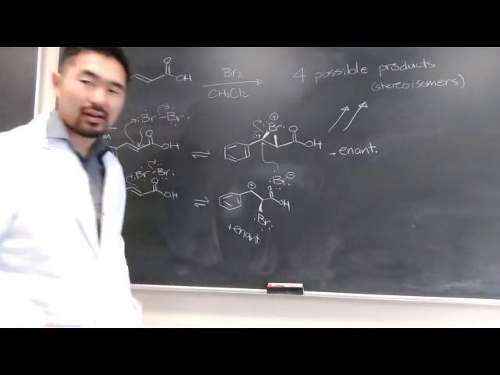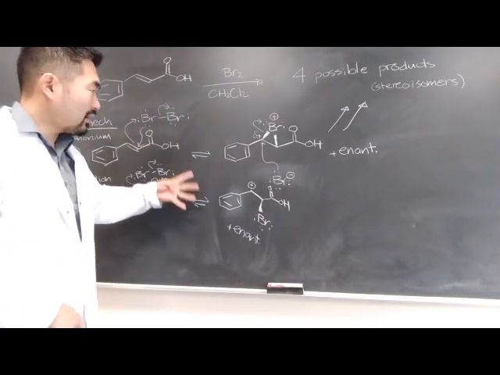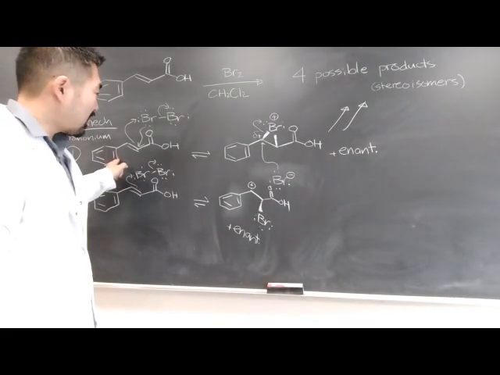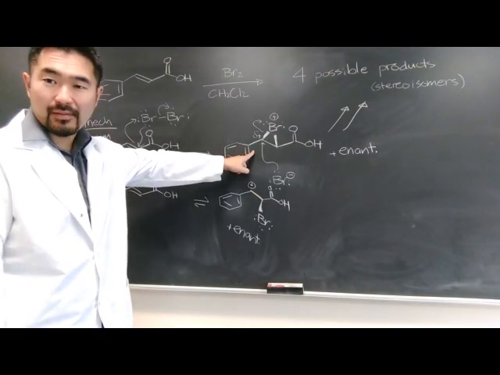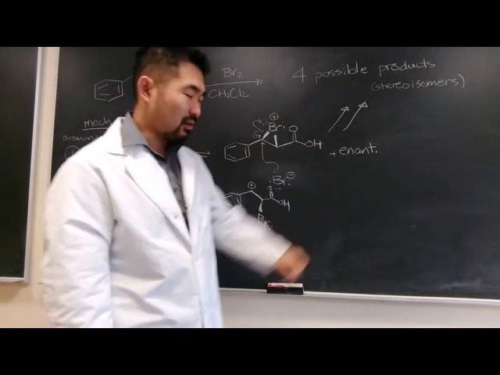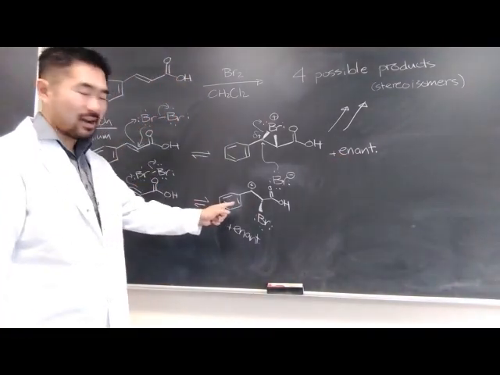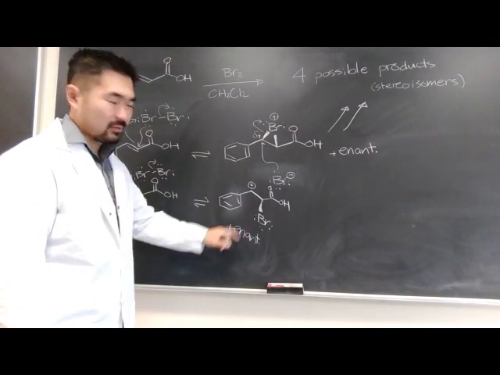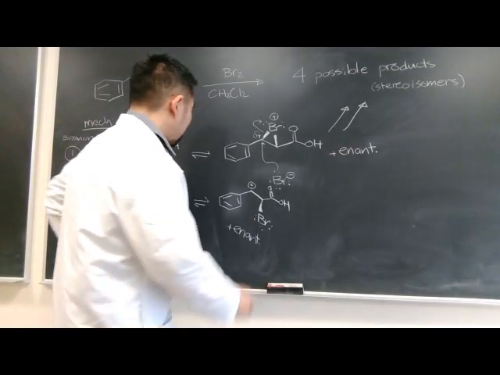I'll let you draw that. So there's really four mechanism pathways you can draw: from the bromonium ion pathway through this enantiomer and through the other enantiomer, and the carbocation pathway through this enantiomer and the other enantiomer of that. Okay, and then